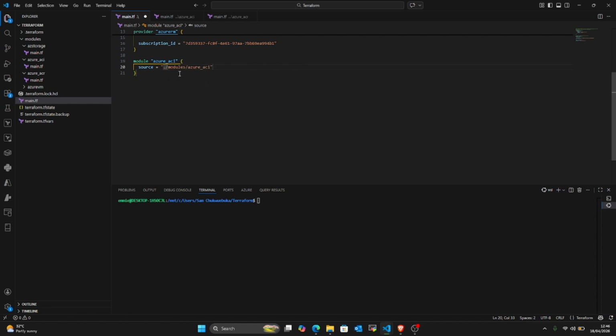And I'll create another module into Azure ACR and source. So it's going to give me Azure ACR. So it's already even indicating because I already said ACR. So now we've defined it, and let's see. Let me save the